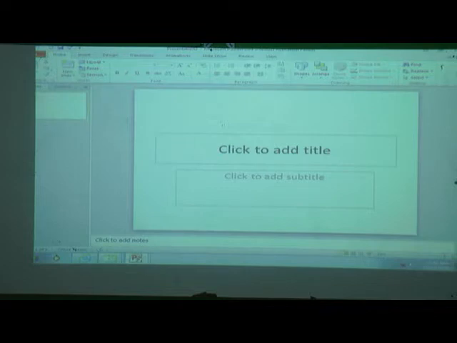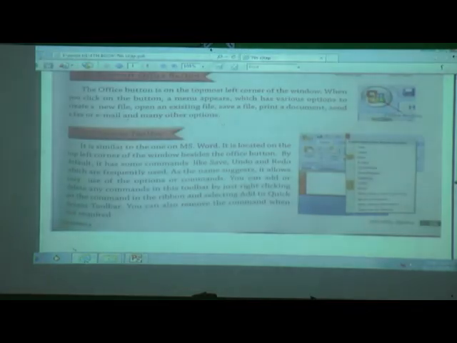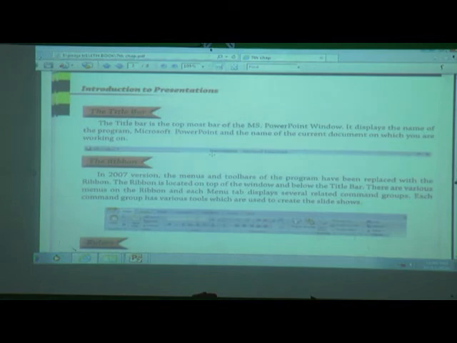Next one is title bar. What is the use of title bar? Everyone knows. The name suggests it. It displays the name. The title bar is the topmost bar of the MS PowerPoint window. It displays the name of program. Where is it?